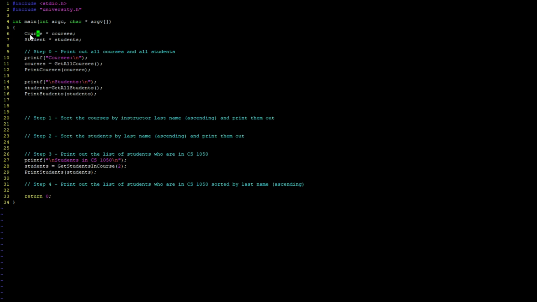So we have 2 pointers initialized for this list of courses and the list of students, and then it prints out the courses here and prints out the students here. And step 1 is empty, as well as 2 and 4. But step 3 is done for us, and that's important because it changes the list of students here to the students in the Computer Science 1050 class, which is not clear how it's done, because if we go back to